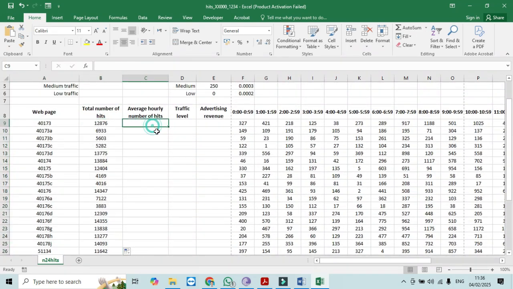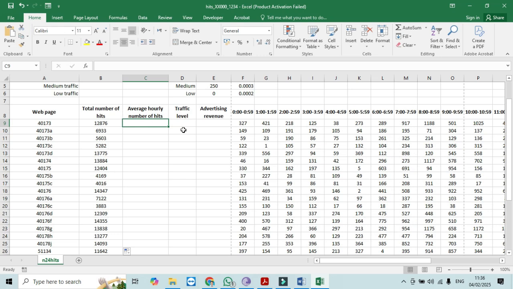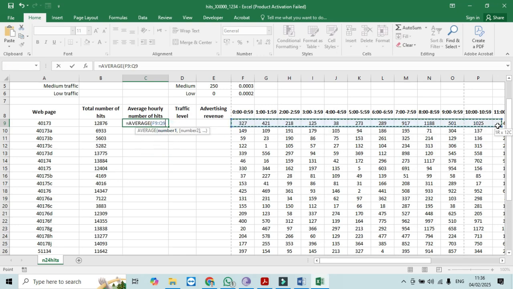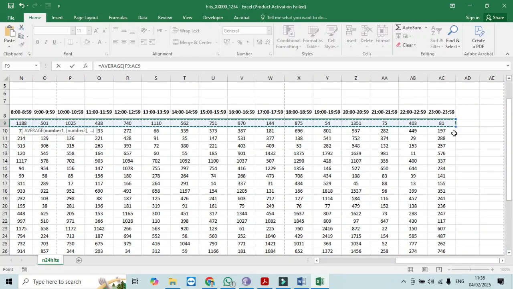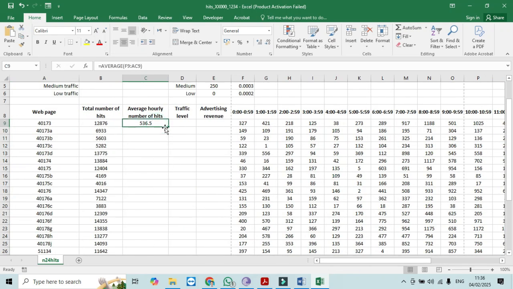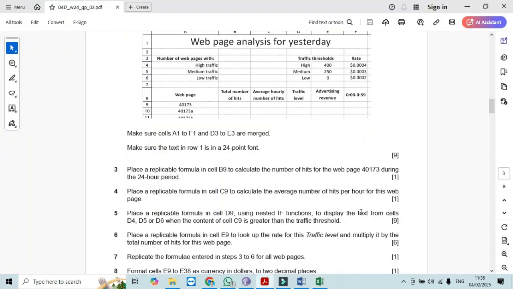And then after, it says that in cell C9 use an average number of hits. So you just need to write here equal to AVERAGE, then again starting from this point till the end AC9, and then just get the average. And again this average needs to be replicated to the rest of the cells. As you can see, it got replicated. Now what we need to do is